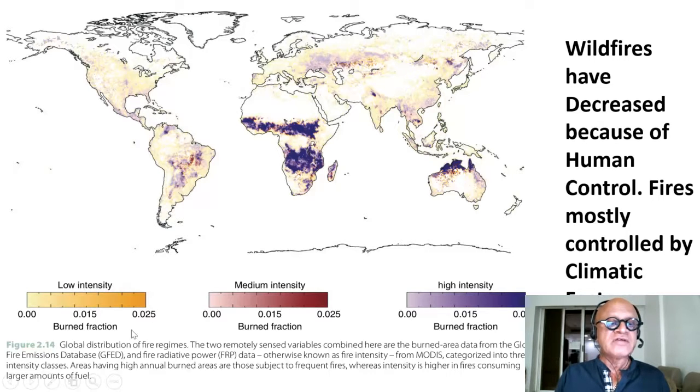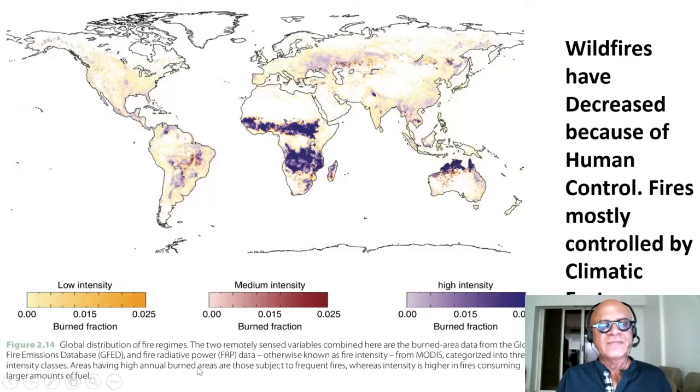So, burned fraction of land here, showing the global distribution of fire regimes in terms of low, medium, and high intensity. The two remotely sensed variables combined here are the burned area data from the Global Fire Emissions Database and fire radiative power data, otherwise known as fire intensity, from a satellite called MODIS, Moderate Resolution something, categorized into three intensity classes.